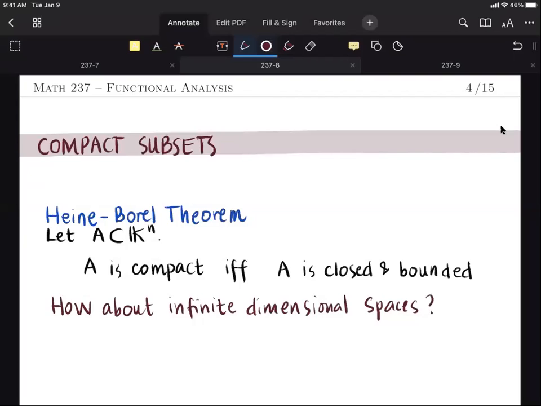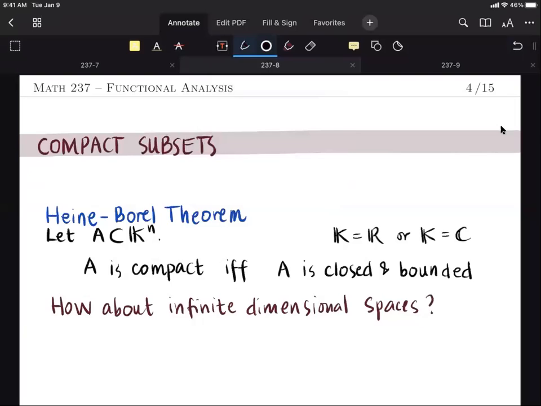So let us discuss compact subsets. And to start, let us recall the well-known Heine-Borel theorem in the case of Euclidean spaces. So consider a subspace of K to the n, where K is either the field of real numbers or K the field of complex numbers. Of course, the Heine-Borel theorem is usually stated in the case of the Euclidean spaces R to the n, but